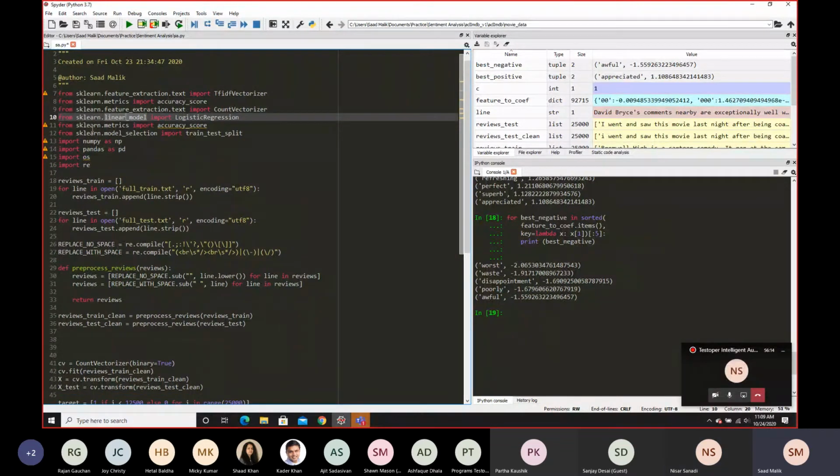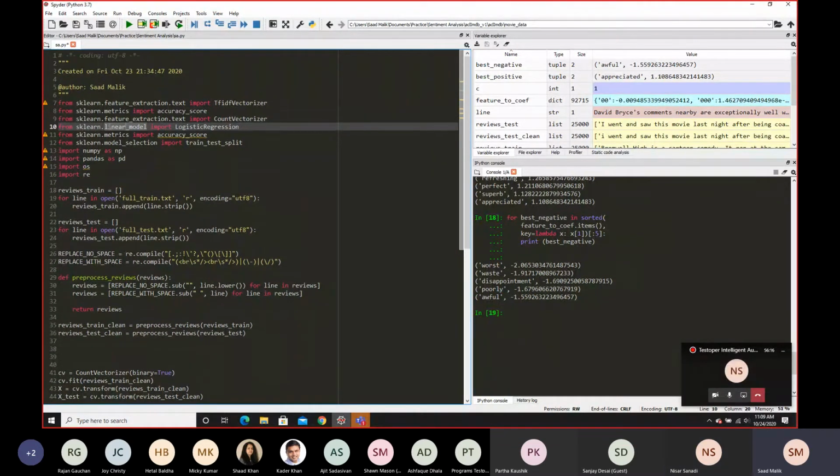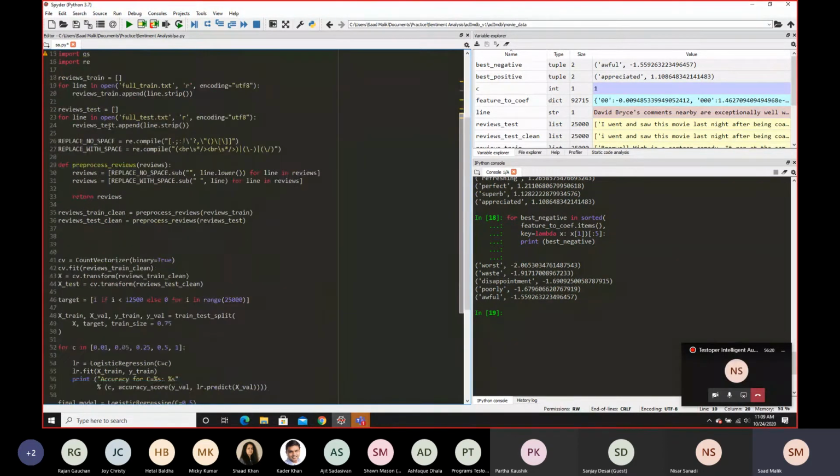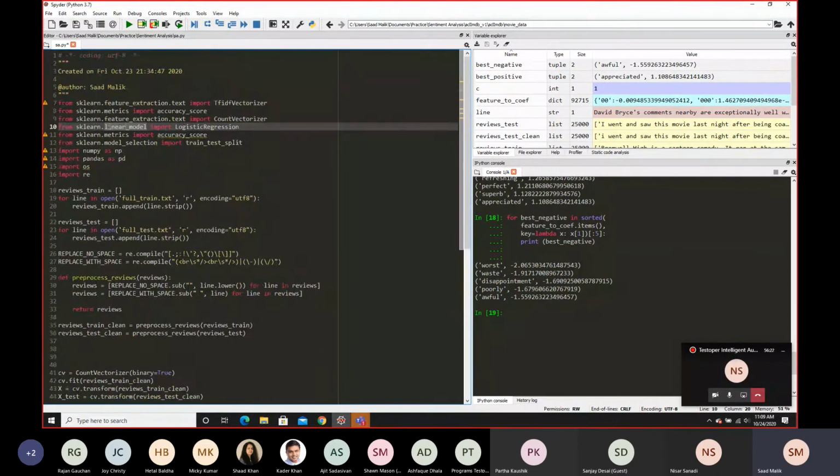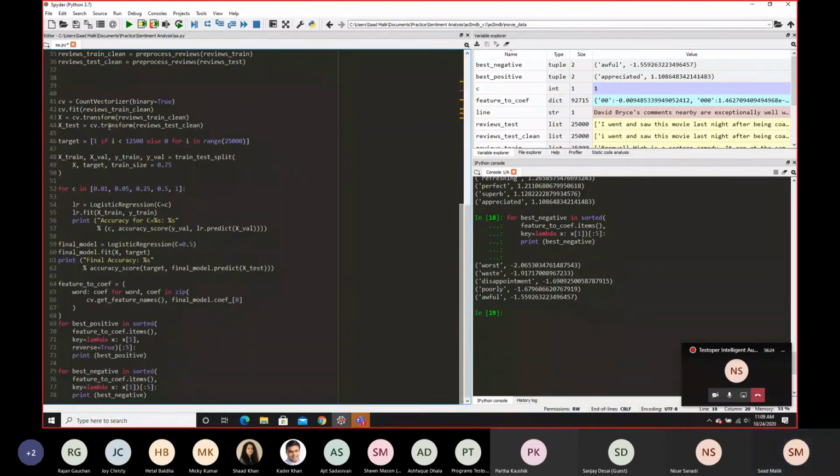I haven't updated my system in a long time, so that actually makes sense. Partha, when did you download Conda? Was it before this class started? Yeah, probably the second week of when this started. Okay, so that's about three weeks back. Yeah, it's probably a much better logistic regression model that you're using. Any other questions?